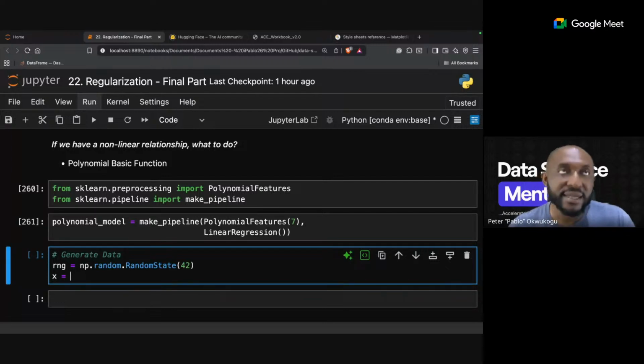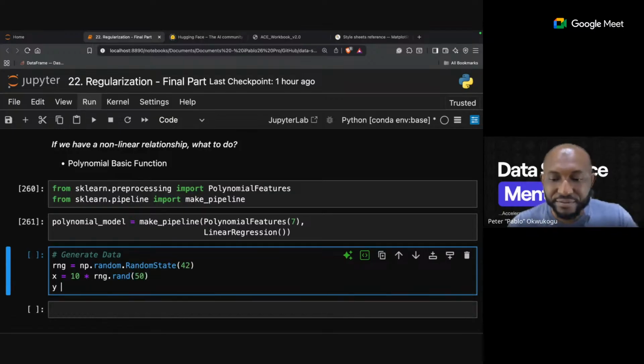I create X, and just like I did before, I say 10 times RNG.rand, with 50 elements.